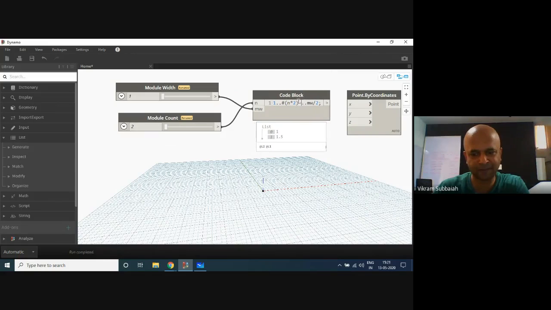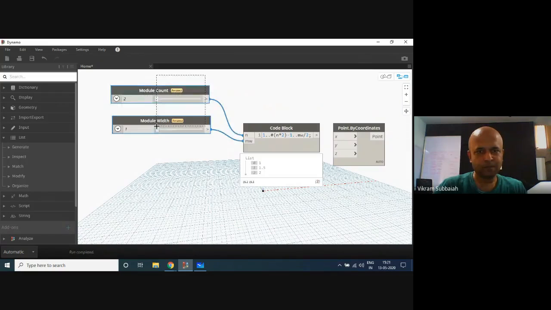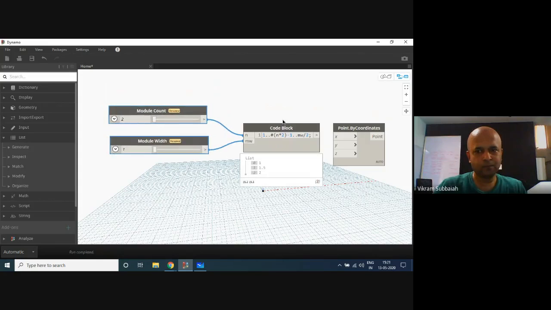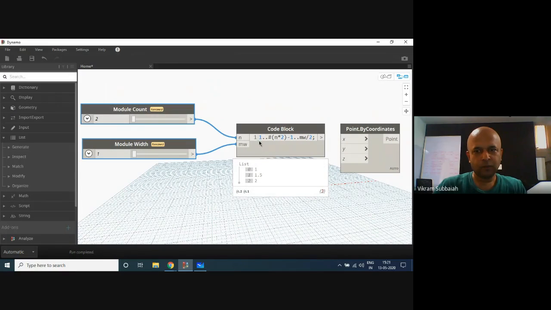Am I getting this right? Yeah, that seems right. Sorry, I should say from 0 to 1.5 to 1, I just get 1 point. So I just get 1 module. So this is wrong. Into 4. 2, 3. What am I doing wrong, people? This seems right.